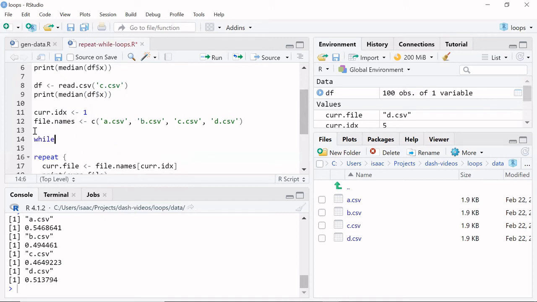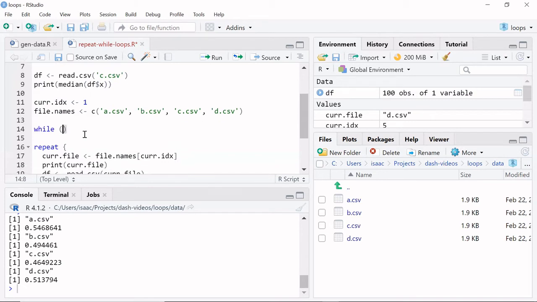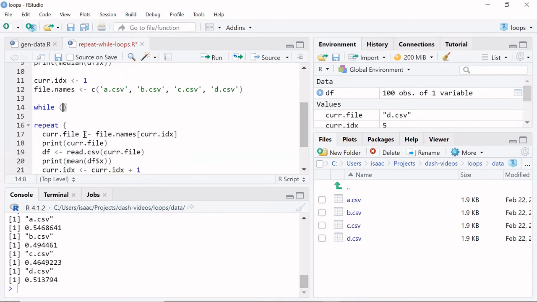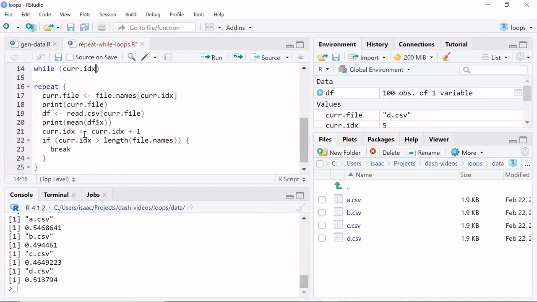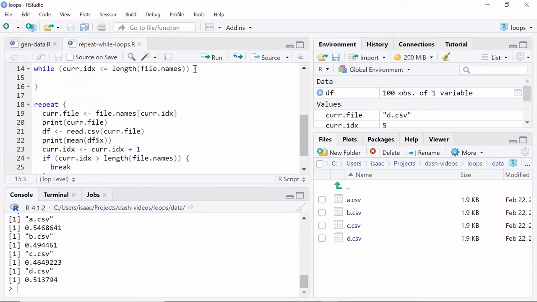So we could write while, followed by a set of round brackets. And in these round brackets, we specify the condition that has to remain true for the code to keep repeating. In this case, like we were saying, this condition would be current index has to be less than or equal to the number of files we have. And then we add a pair of curly brackets, and all of the code between these curly brackets will be repeated. So let's copy in the code from our repeat loop,